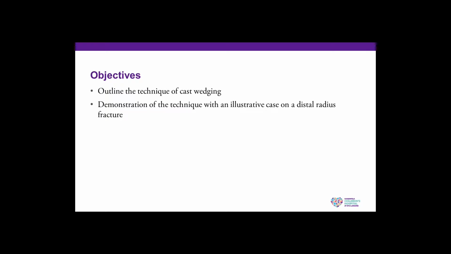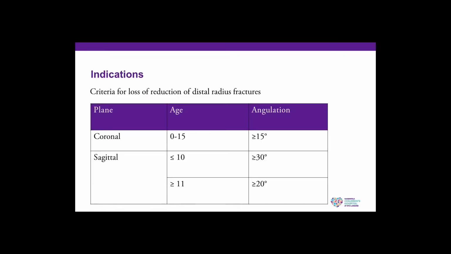The objective of this presentation is to outline the technique for cast wedging while providing an illustrative case. The main indication for the use of cast wedging is fracture redisplacement after closed reduction has already been performed. Fractures with increasing angulation parameters on radiographs in 2 or more subsequent visits should raise the suspicion for loss of reduction. Ultimately, the objective is to improve the alignment up to a point where remodeling can compensate for the remaining